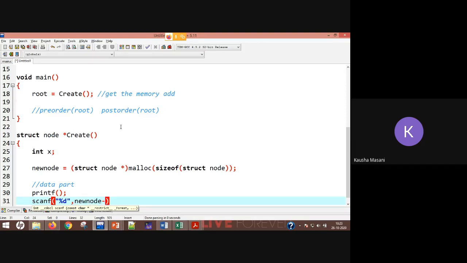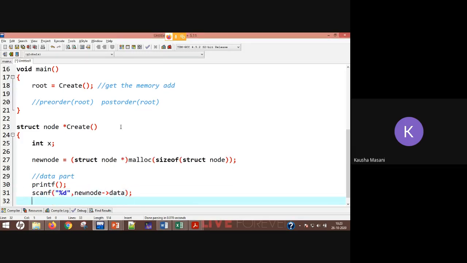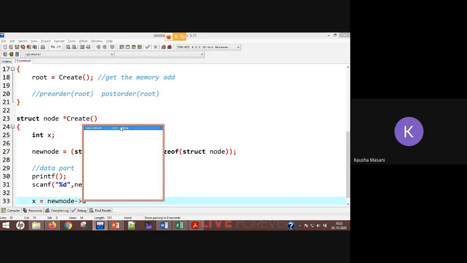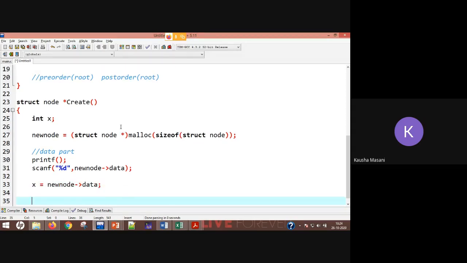You can directly store it either in x or in new node's data part, and we are going to store this new node data into x. So x is equal to new node data. Now we want our base condition, because this create is going to get called recursively, but there should be one base condition.